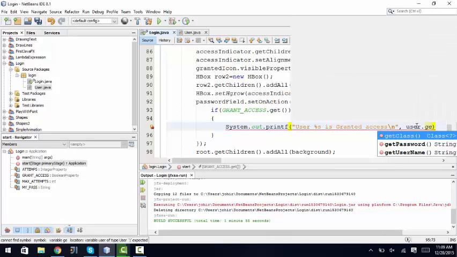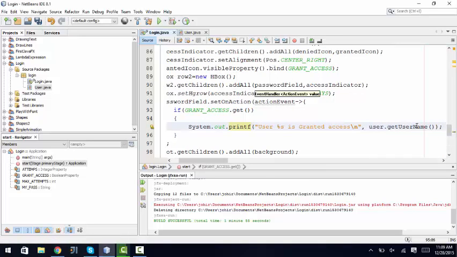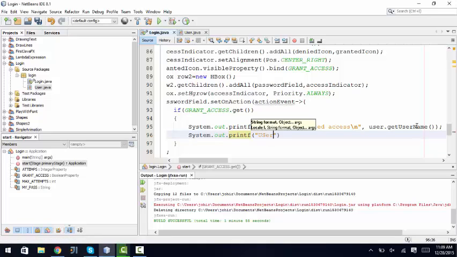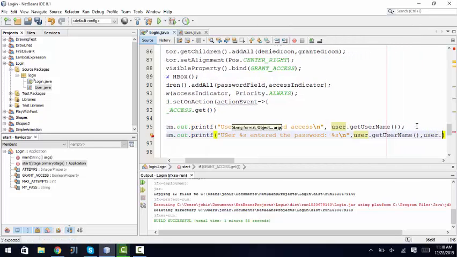Okay, this message will be shown in the console window. User.get name, get password. Okay,